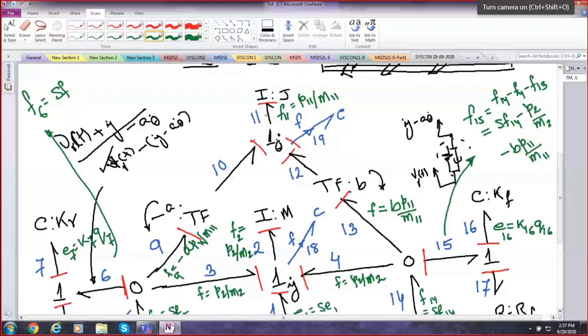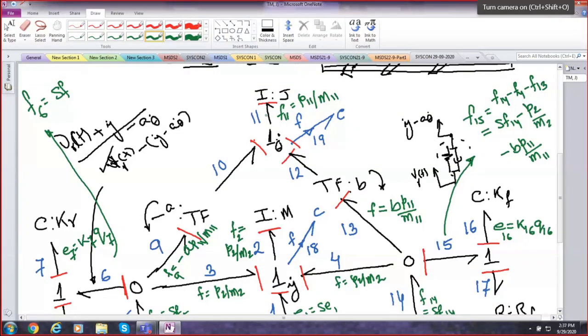It's F12. F12 is caused by F11, and F11 is known, so I stop. Again, F15 not only depends on F4 and F13, there is F14. F14 is a source, so that also I know. So I know everything now, how F15 can be determined and F16 can be determined. So I straight write F16 is equal to this value. Likewise, I will straight write F7 is equal to what value after finding F6.